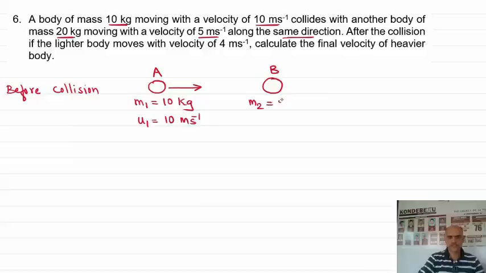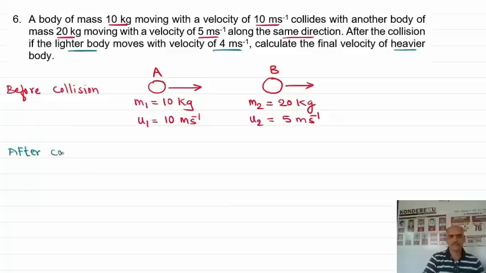So m2 is equal to 20 kg and its velocity u2 is 5 meters per second, in the same direction, so both velocities have the same sign. If you read further, after collision, the lighter body moves with velocity of 4 meters per second. You are required to find the velocity of the heavier body. So if I take after collision